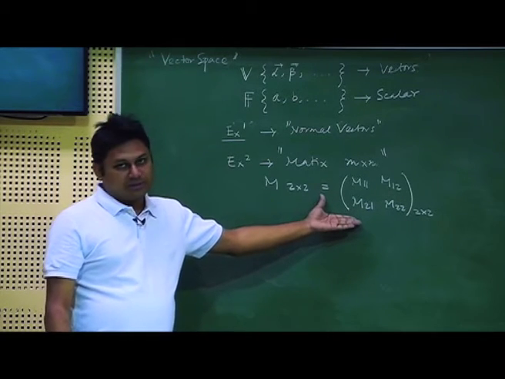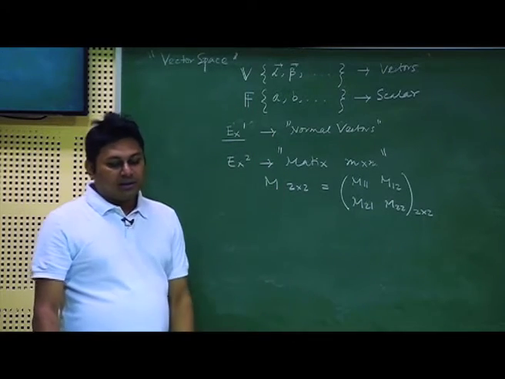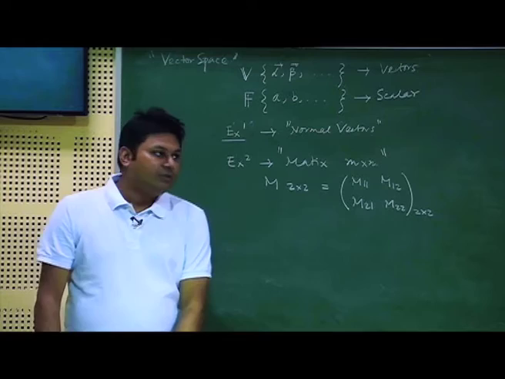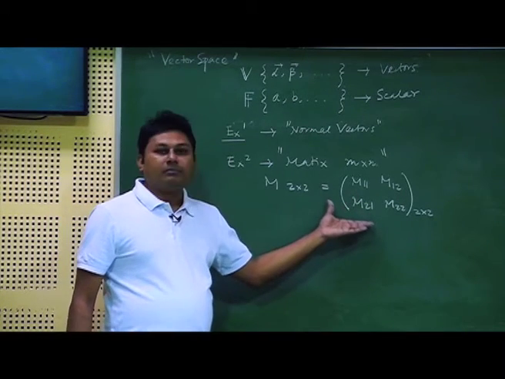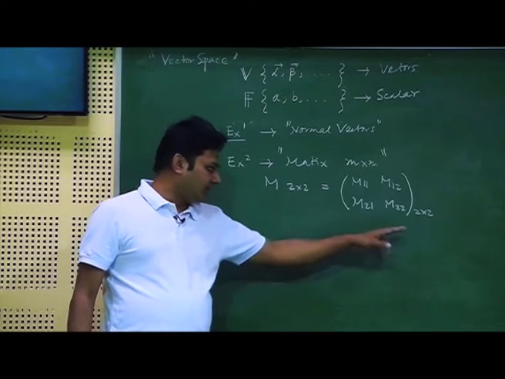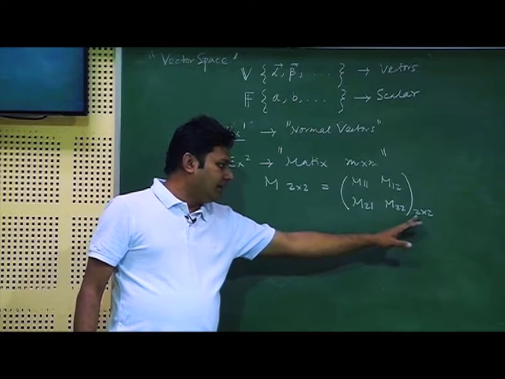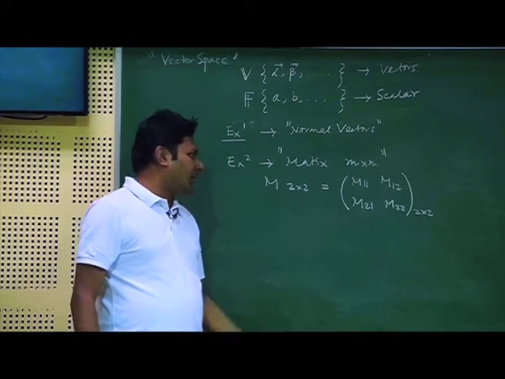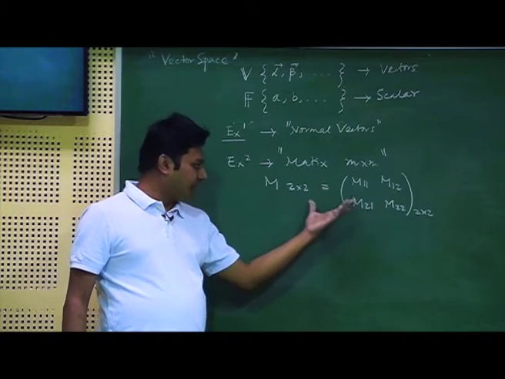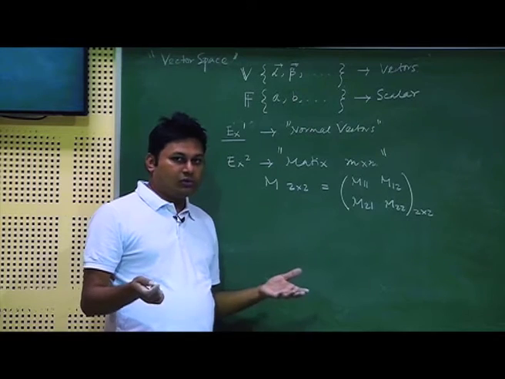Why are they forming a vector space? Because all the properties that we discussed a few minutes ago can be obeyed by this structure of matrix also. It is not necessarily 2 by 2, it can be any dimension, say m by n, in general. Identity element: you can readily find that if I add 2 matrices, these 2 matrices will give me another matrix which is of 2 by 2 order.